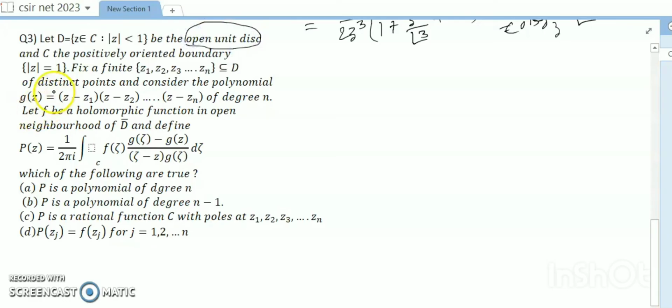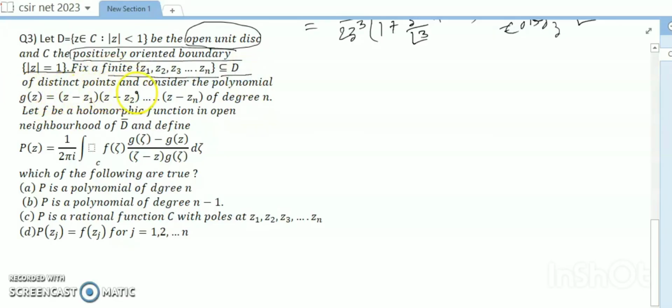This is very important. And positively oriented boundary, positively oriented. Okay, this is important. And mod Z equals 1. Okay, so open unit disk means it is positively oriented, and fix a finite z1, z2, z3 belonging to D,